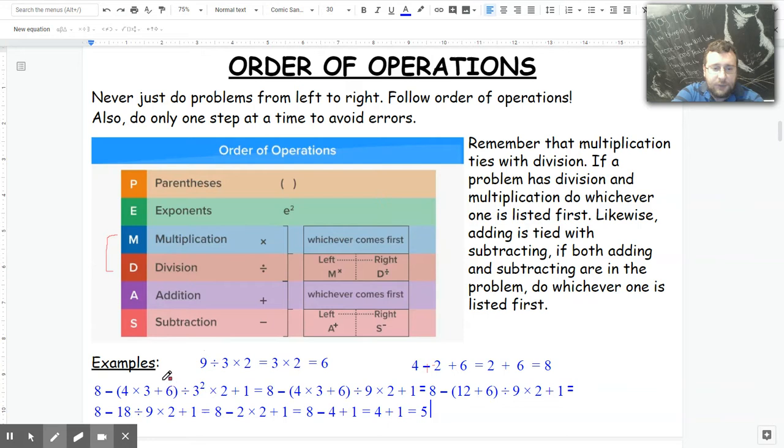So parentheses first. So I have to do things within the parentheses. And within the parentheses, I got to go in the right order. So I'm going to do this right here, the 4 times the 3. And so I copy everything else. 8 minus 4